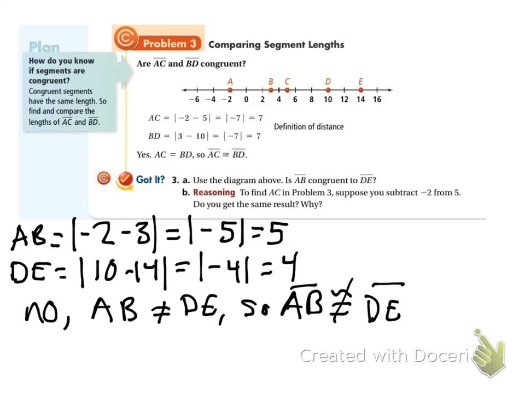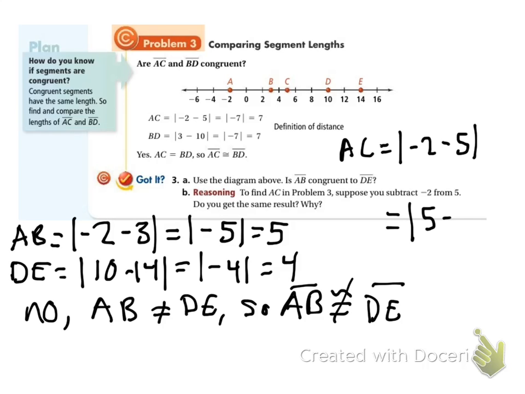And then part B says, to find AC in problem 3, suppose you subtract -2 from 5. Do you get the same result, and why? Yes, we do, because what they're doing is flipping the subtraction inside. So if we were looking at AC, usually we would take the absolute value of -2 and subtract 5. But they're asking, is it okay if I do